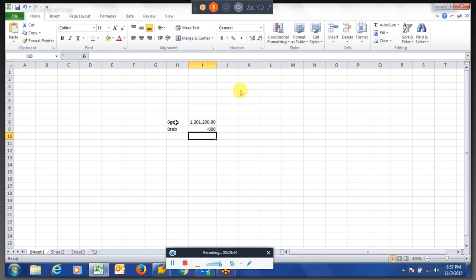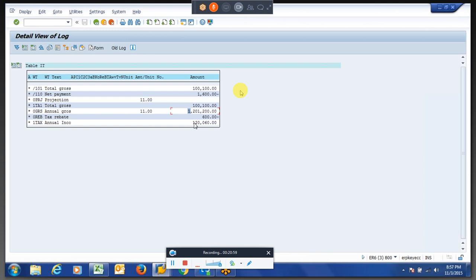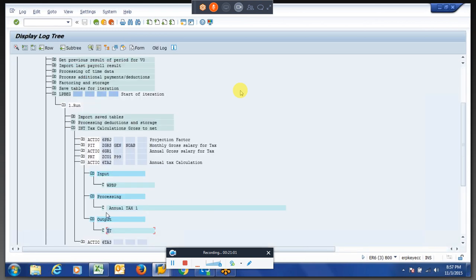So what I am doing, I am adding this with this. So you are getting this much of value. So the same thing you can see in the output of the PCR.